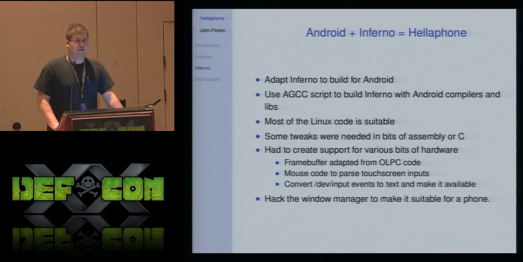Not a lot of people actually run Inferno on ARM, so there were some issues with the scheduling, and I think we had to tweak some of the assembly because it didn't work on the specific processor models we were using. And then we had to add support for some of the bits of hardware. We got the frame buffer. The nice thing about the Android Linux is that it just provides a plain old frame buffer on, I think, /dev/graphics/frame0.